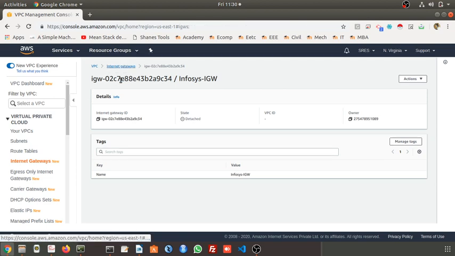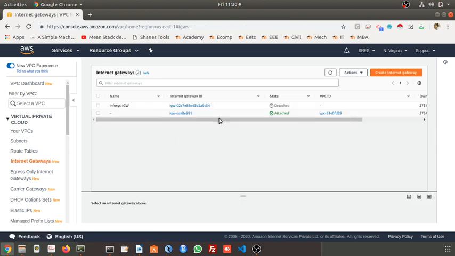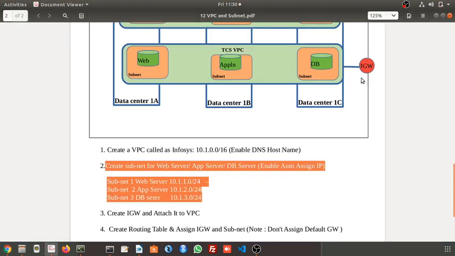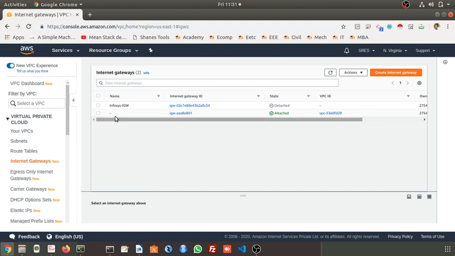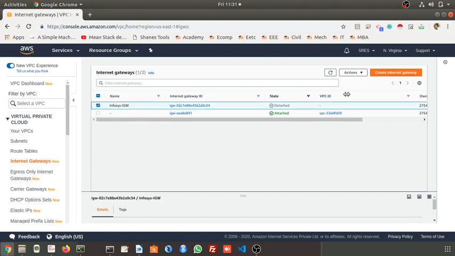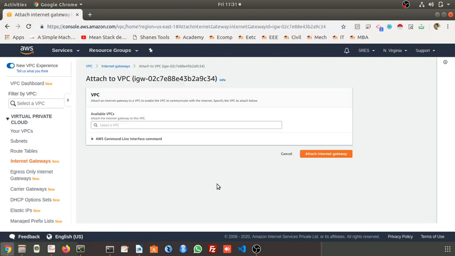Go to internet gateway. This is the default and this is the Infosys internet gateway. Now it is detached, meaning you just created it but have not attached it. You have to attach it. How? Go to Actions, attach to VPC.